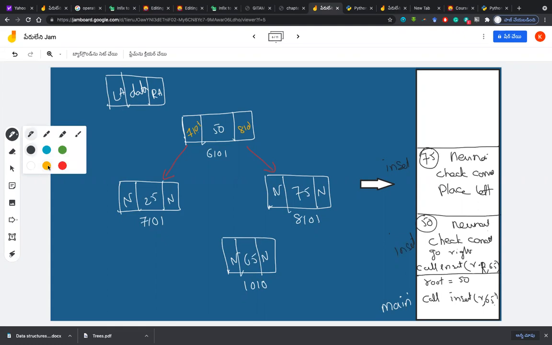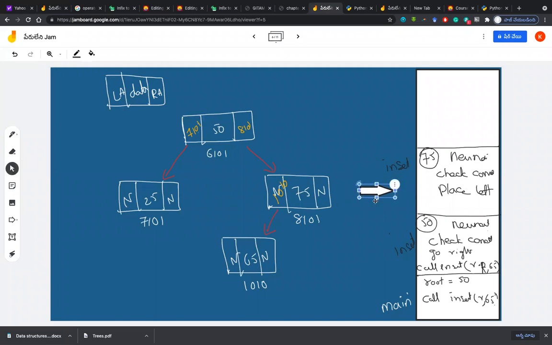So what happens now? Because we are placing in the left, 1010 will be pasted here and it will be done here, right? And now I want to put 55 next. So before that, everything is over. So now pop it. So this will be popped. That means this will be erased.